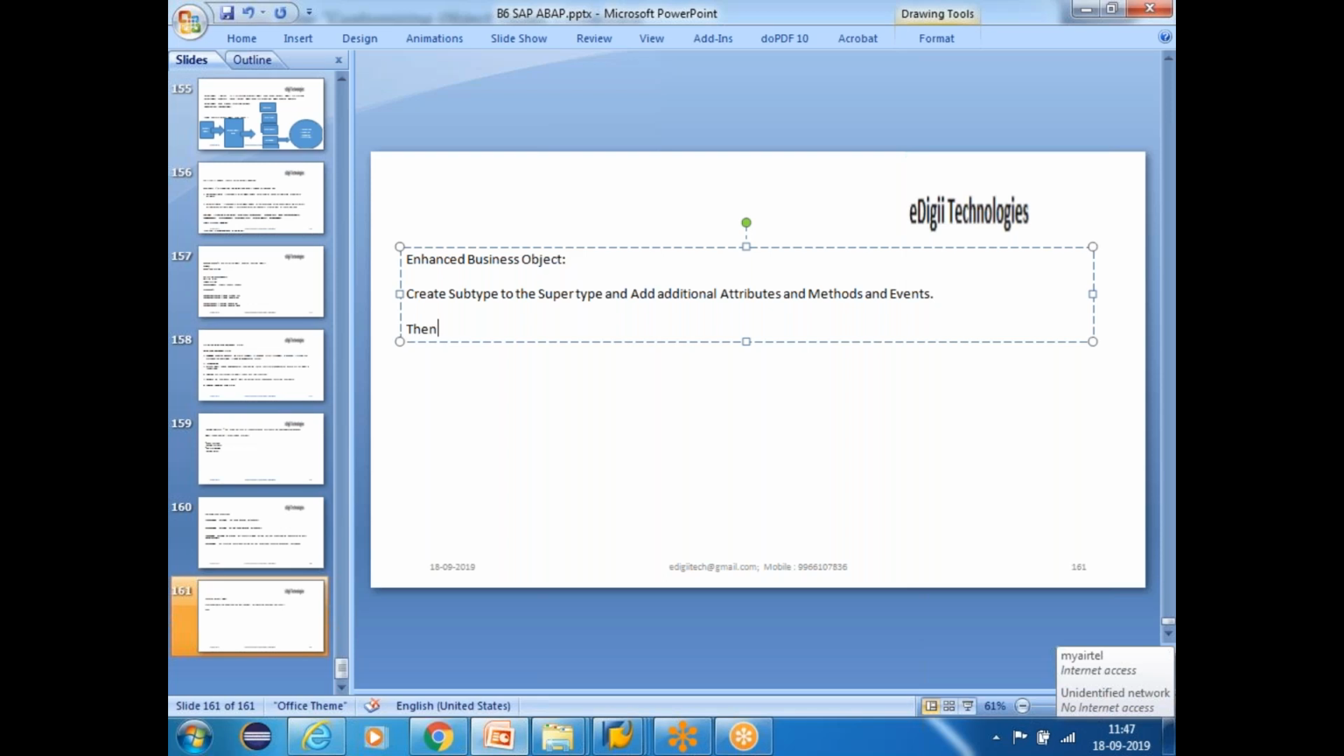Then provide linkage between the super type and the subtype. So you need to provide a linkage between the super type and the subtype, guys. So if you want to do that, you need to delegate it. To do this, we have to delegate